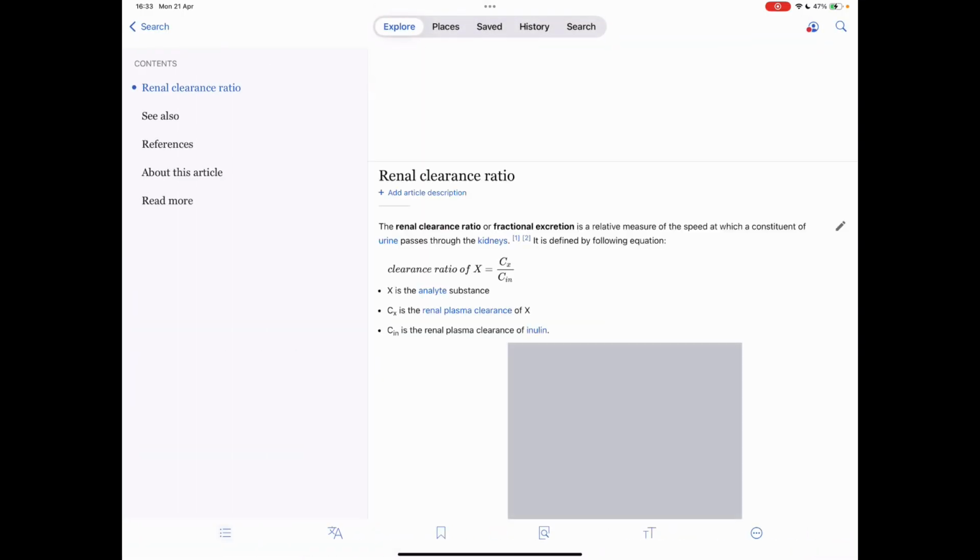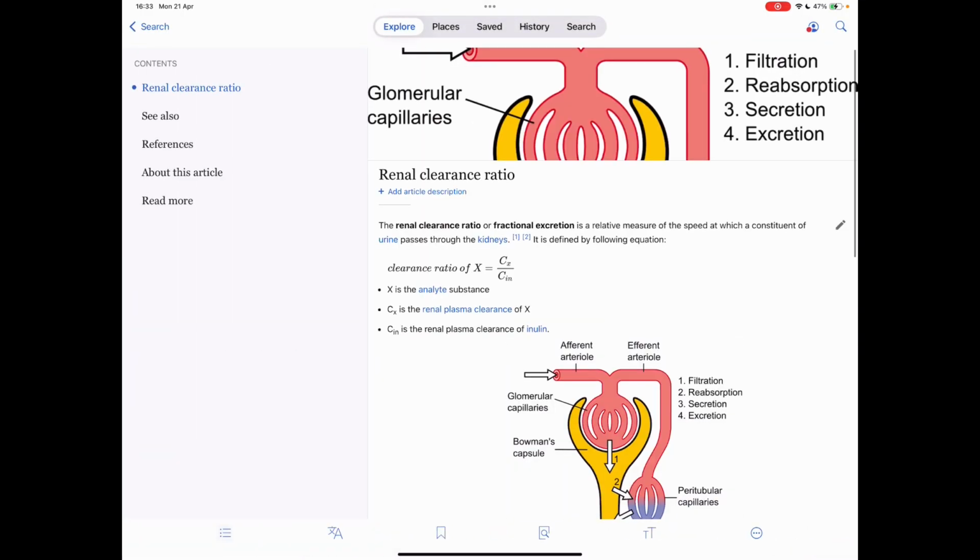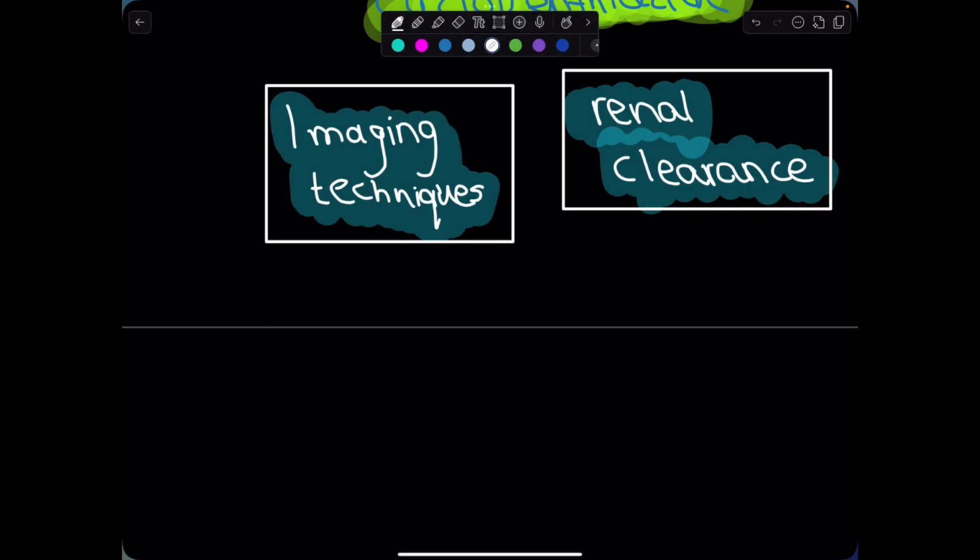Imaging complements this. Nuclear medicine scans, e.g., MAG3, use tracers to visualize clearance rates in real time, showing how fast the kidneys excrete the tracer, correlating with biochemical clearance data, while ultrasound or CT